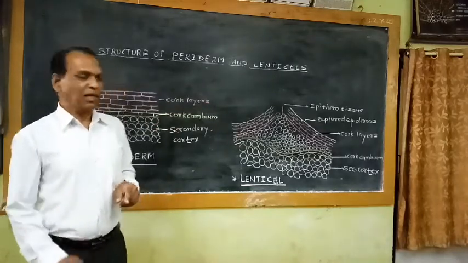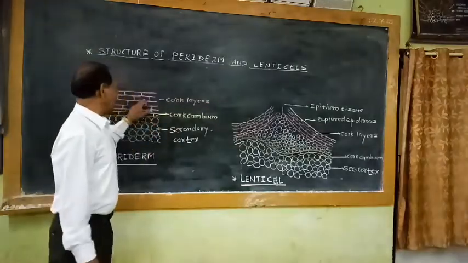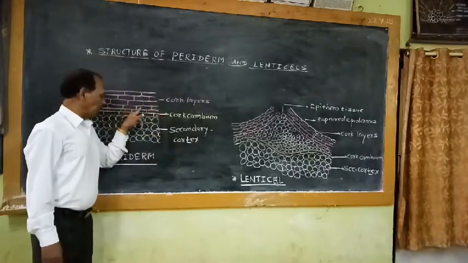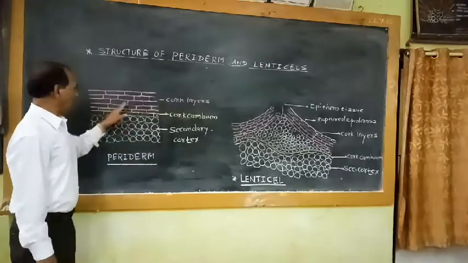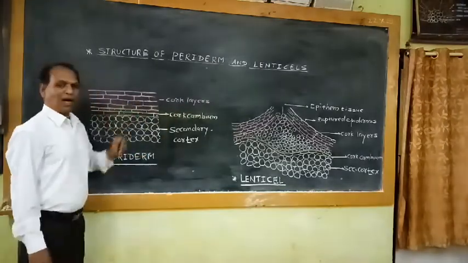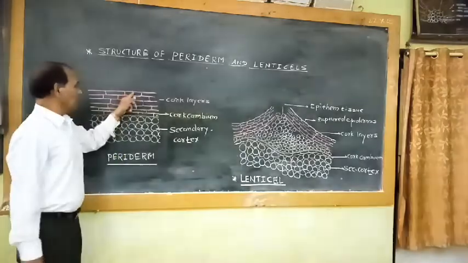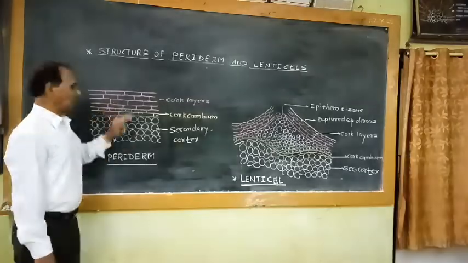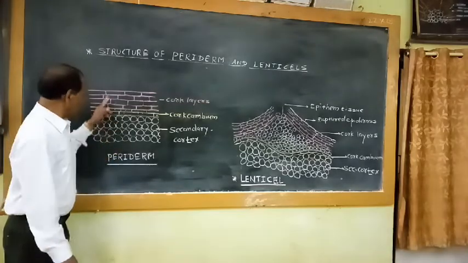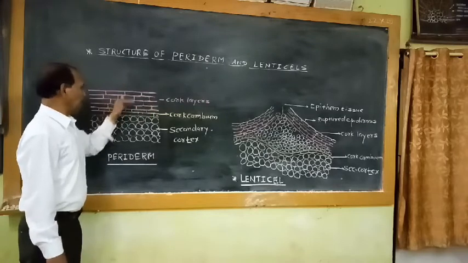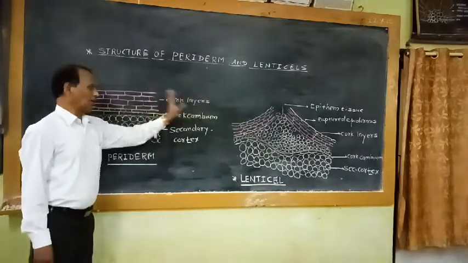They divide periclinally and constantly, and on the peripheral side, the cork cambium produces thick-walled, rectangular, suberized, compact layering cells known as cork cells. These cork cells are empty cells. They have thick walls which are deposited with suberin. They lack protoplasmic contents. That means these brick-shaped cells are added layer after layer in the form of cork layers.